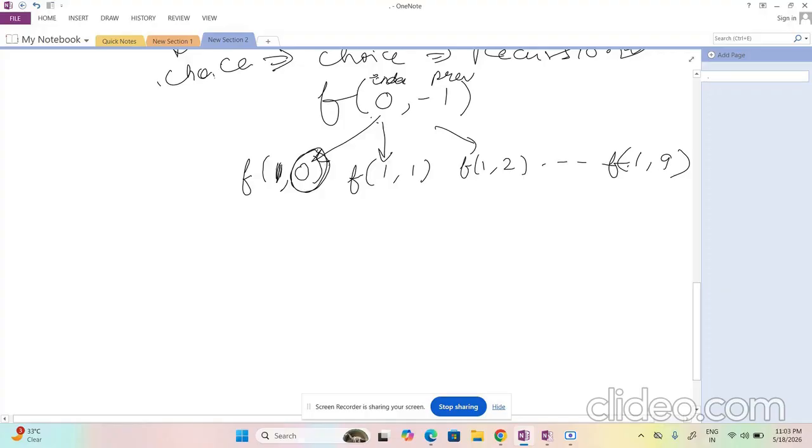Okay, so what does this state mean? This state which I am declaring here, what does this mean? The function of 1 of 0. What does this mean? This means when we were on the 0th index, right? We have made the choice of 0 from the previous.